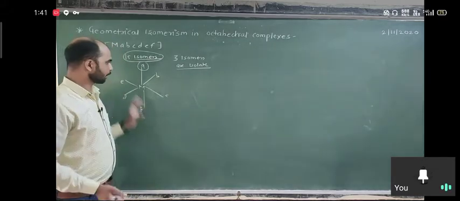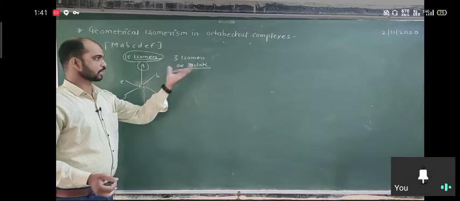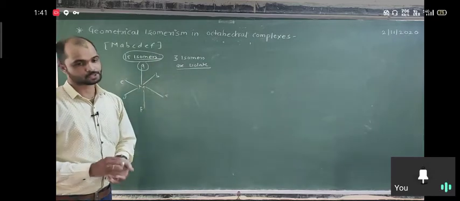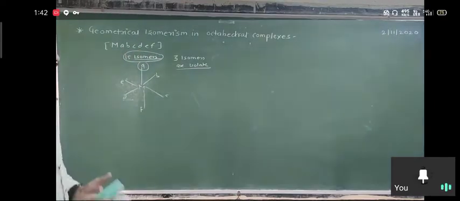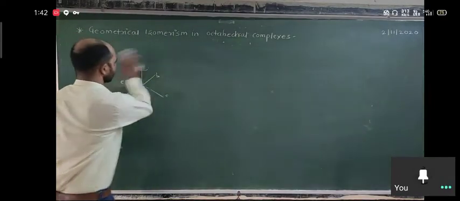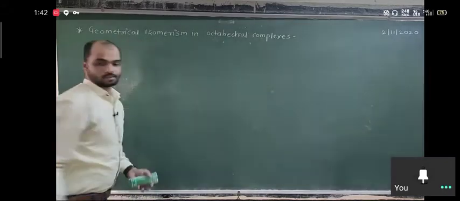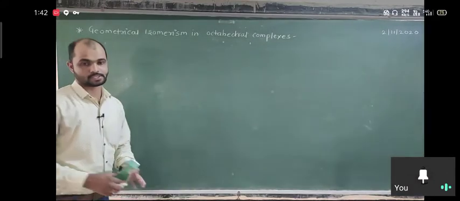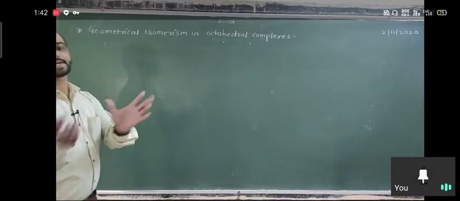So out of 15, only 3 are possible to separate out, possible to isolate. So this type of complex shows 15 isomers, out of 15 only 3 are separated or isolated. So it is the first type. In that first point we discussed that all the ligands are monodentate in coordination complexes. In the second, octahedral complexes containing monodentate and symmetrical bidentate.